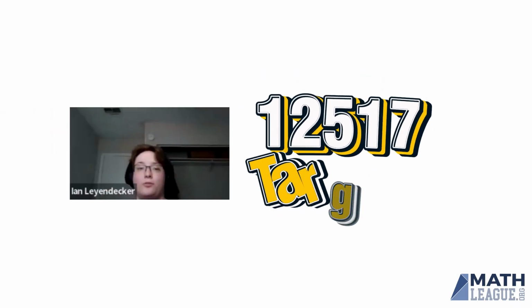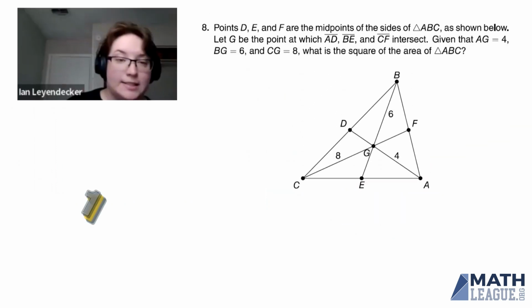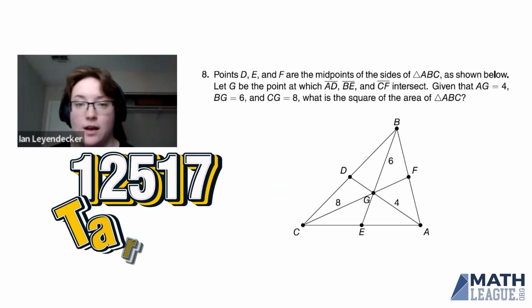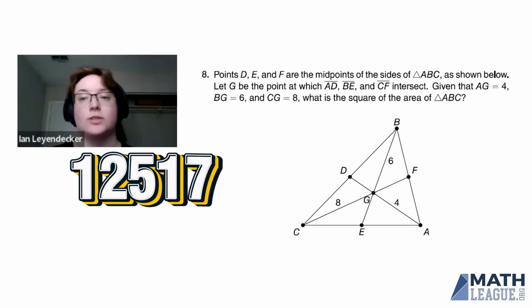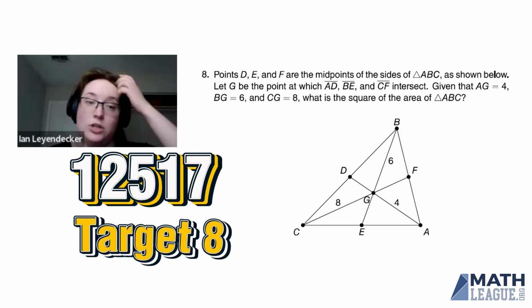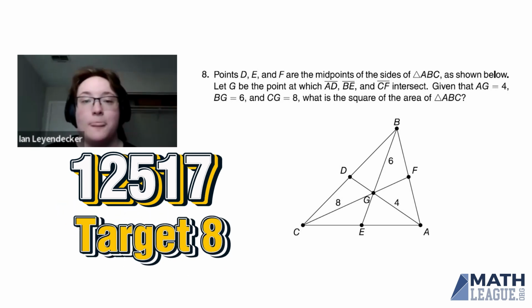So for question number 8 off of the target round, it reads: points D, E, and F are midpoints of the sides of ABC as shown below. Let G be the point at which line AD, line BE, and line CF intersect. Given that AG equals 4, BG equals 6, and CG equals 8, what is the square of the area of